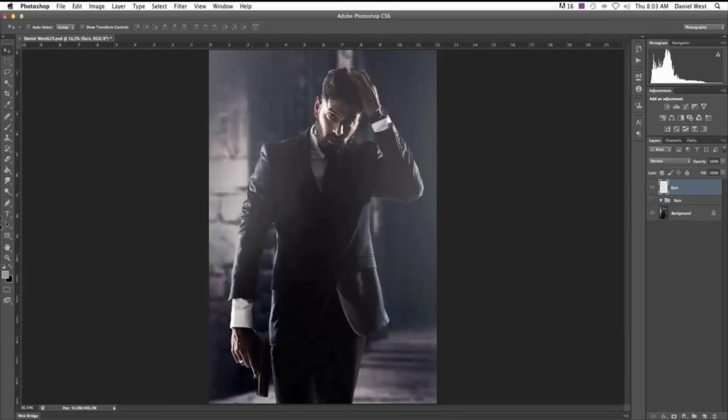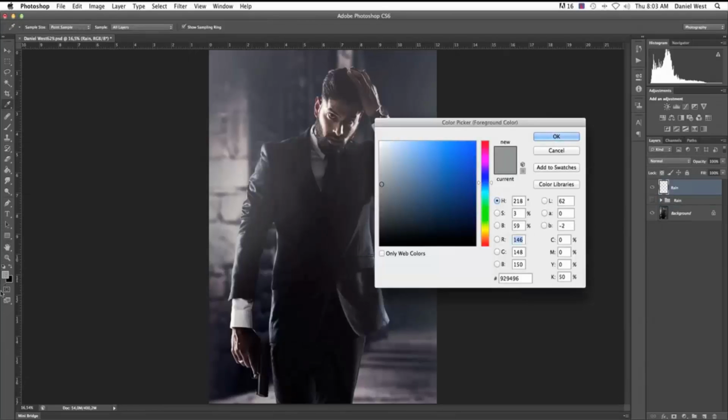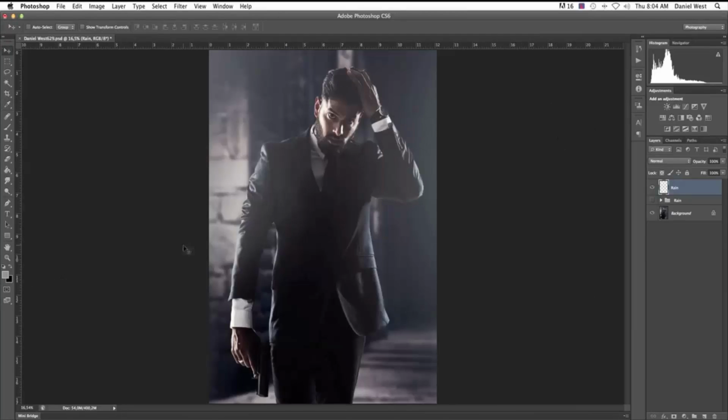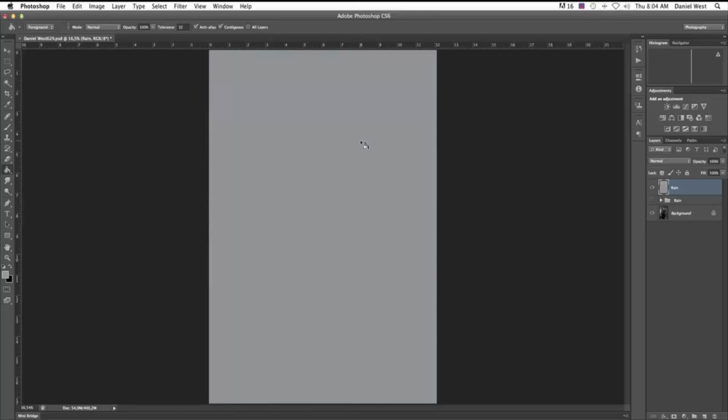Say okay. Now inside of here on our foreground, we are going to create a 50% gray. So you want everything to be 0, 0, 0, and the K to be 50%. Or you can actually copy this: 929496. Alright, and we say OK. So what we're going to do is use the fill, the paint bucket, and we're just going to click on it with opacity of 100. Oops, and we've got a completely 50% gray